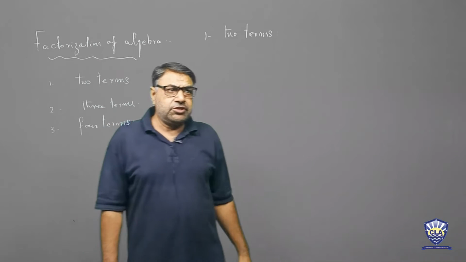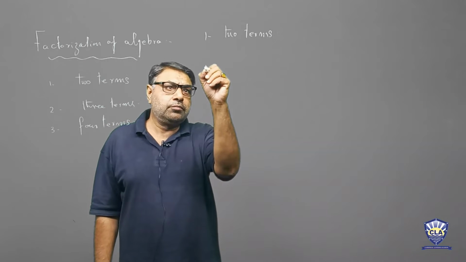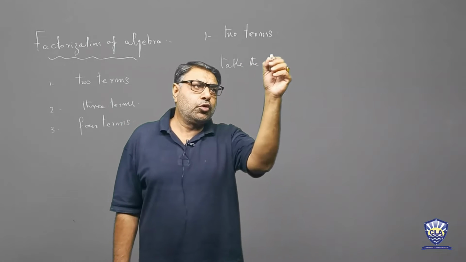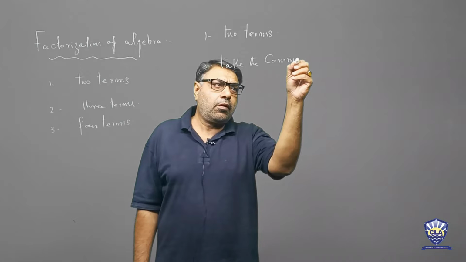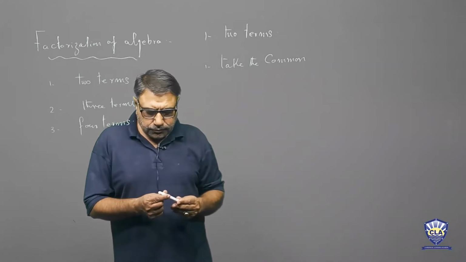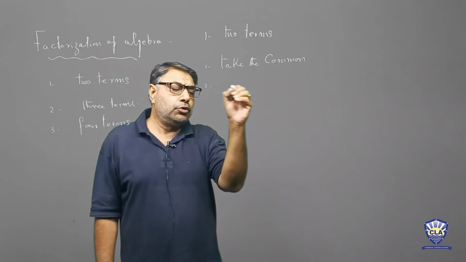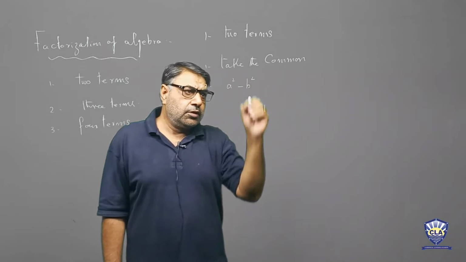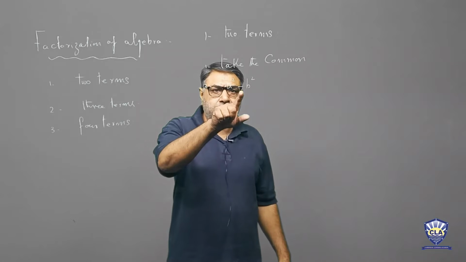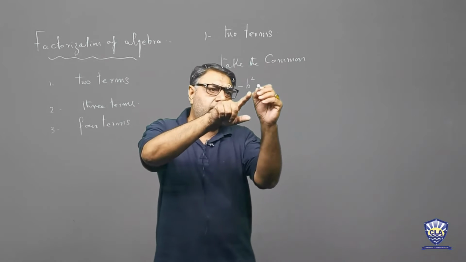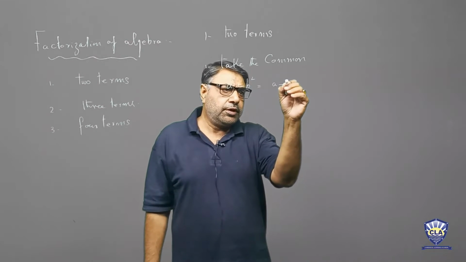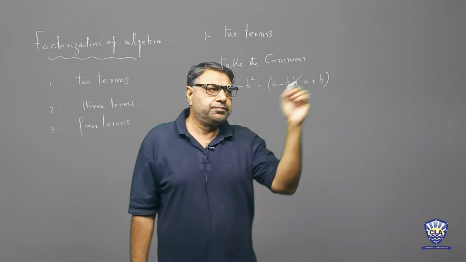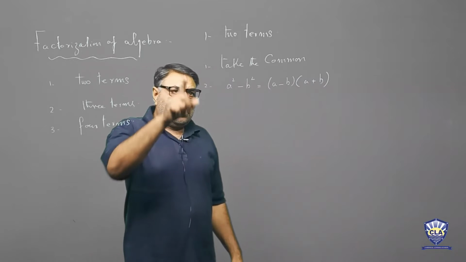Rule number one of factorization: take the common. Number two: use this identity, minus between two squares. If you have a negative sign between two squares, then apply this identity: a minus b and a plus b. For example,